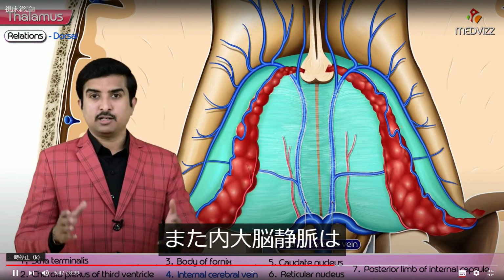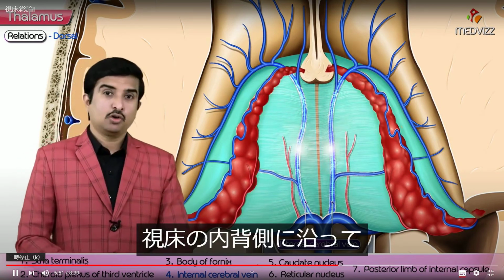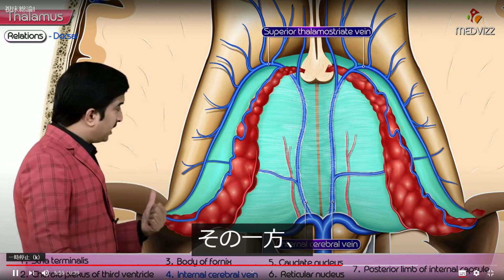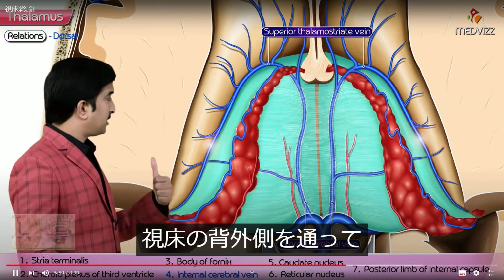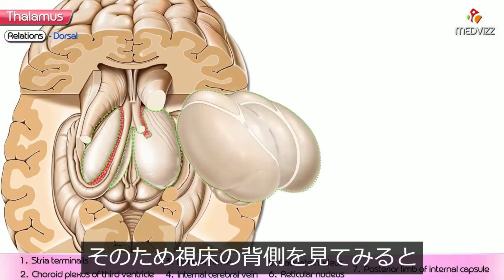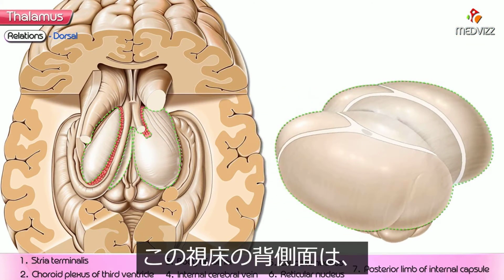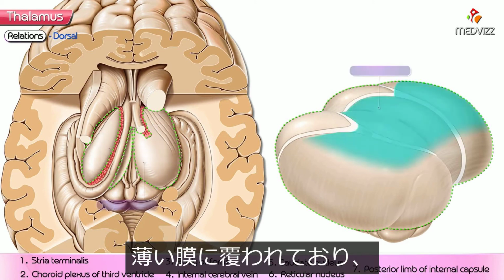And the internal cerebral vein courses along the dorsomedial length of the thalamus, while the superior thalamostriate vein runs along the dorsolateral surface of the thalamus. So, when we see the dorsal aspect of the thalamus, this dorsal aspect is covered by a thin layer known as the stratum zonale,